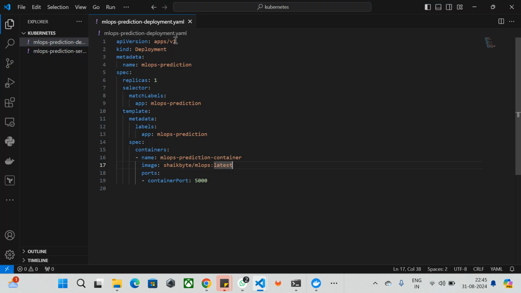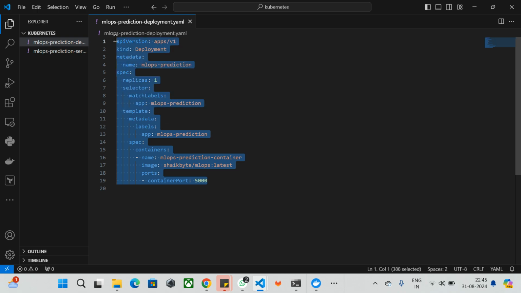I have taken this just for explanation purposes on Visual Studio Code. I will copy the same content from here into my Google Cloud Engine. So first I'll copy the Kubernetes